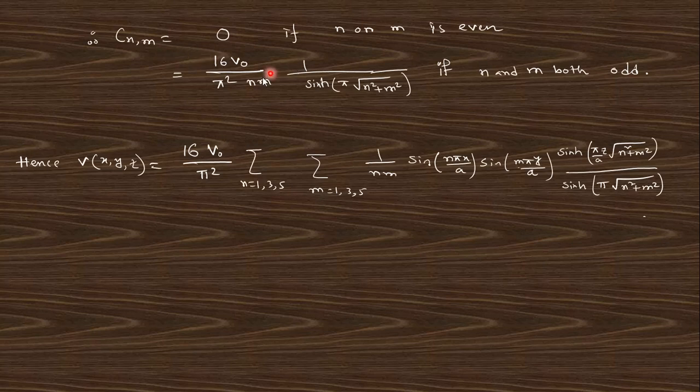So the value of c is equal to this, and when m and the other index are odd and even, this will be 0. So finally we got the expression for the potential; we just put in the value of c and m. Next question,